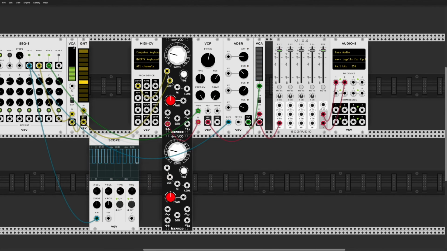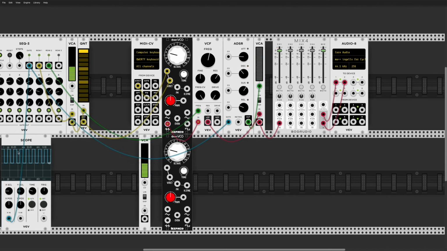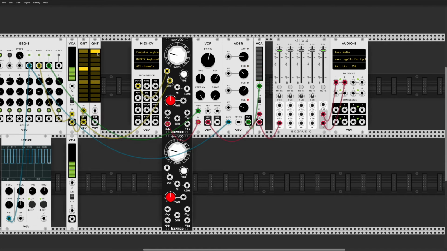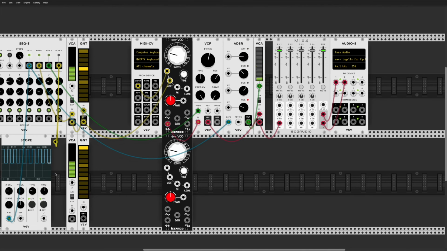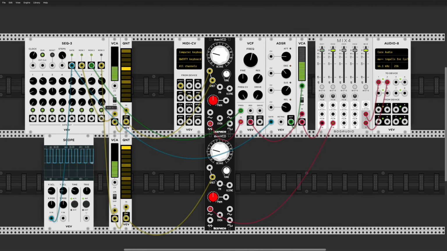Actually, we should get another VCA and quantizer. Go ahead and send these over here. We'll take row 3 out into the VCA, then from the VCA into the quantizer, from the quantizer into our VCO here, and then we'll send that into our mixer. And right now we're just getting a drone because these are all at 0, but if we start to change our pitches,